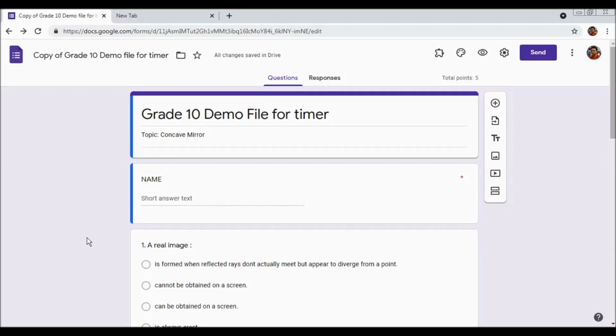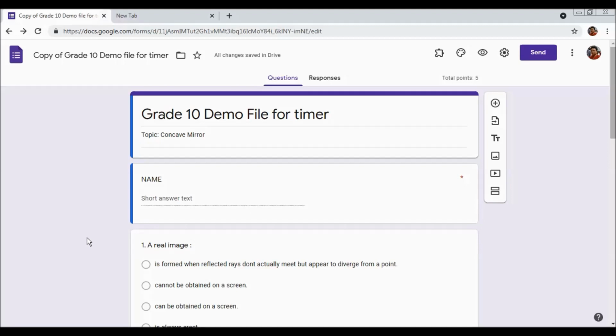You can have a look at the videos of basics of Google Form, Google Forms for auto correction, Google Forms for the subjective as well as objective paper, and how to do correction of the subjective paper from the Google Form. So today we are here to learn something new, how to use Google Form and add timer to it. So let's be ready for that.